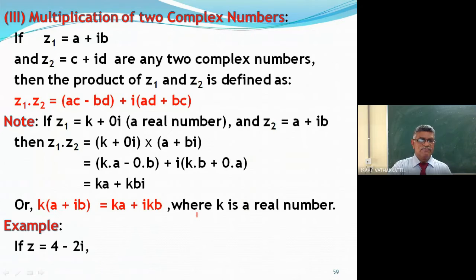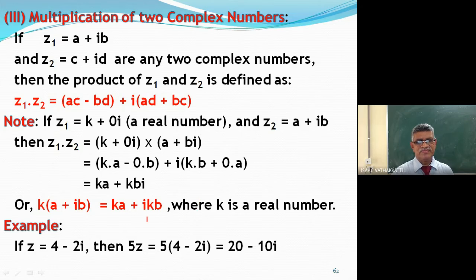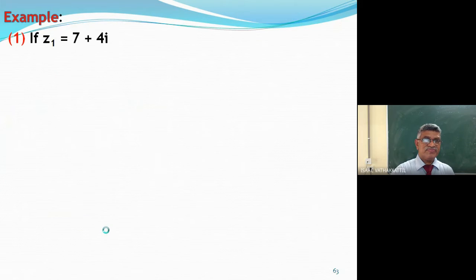Z equals 4 minus 2i. What is 5Z? 20 minus 10i. Okay? All right? Further. If Z1 equals 7 plus 4i, Z2 equals 5 plus 3i, then what is